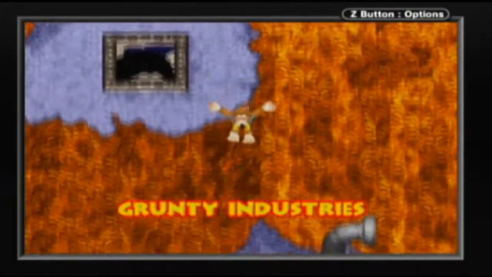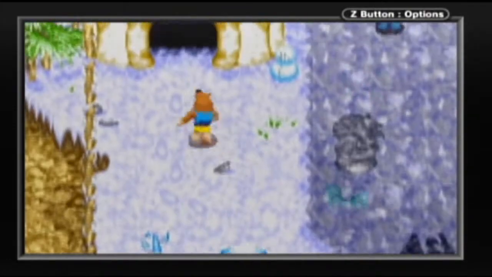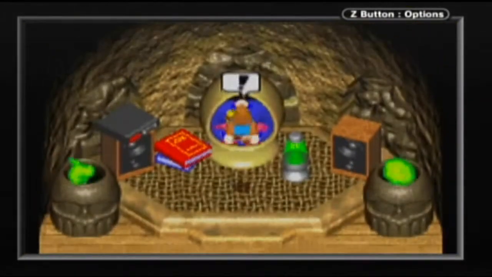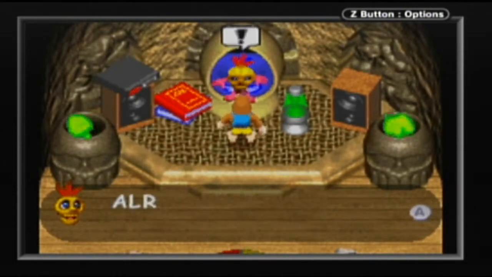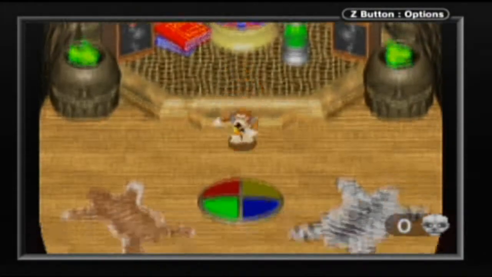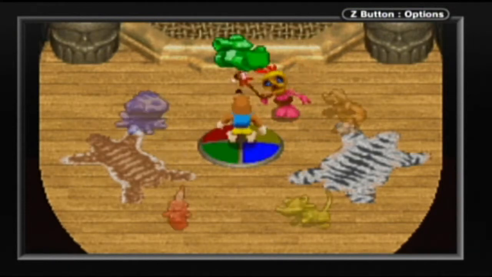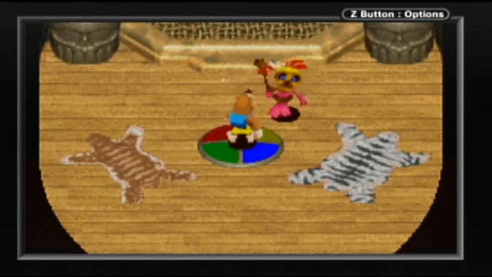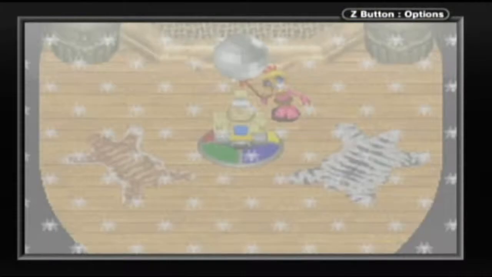But it was time to go back to the freezing area, where we would go say hi to Mumbo with our new Mumbo token. Yes, Mumbo will have a new transformation for us, so let's go ahead and check that out. I think that image should be pretty apparent. And just in case it isn't,